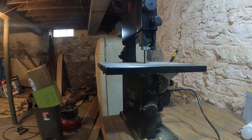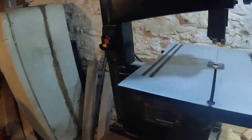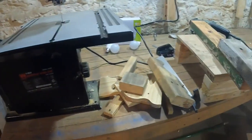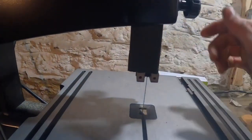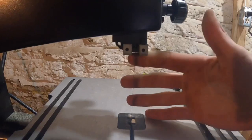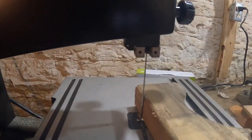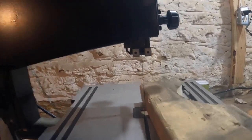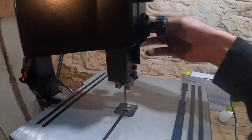So that's probably going to be the thickest that I'm going to be cutting. I don't really have anything thicker than a 2x4. This thing works perfect. So here's the height that I was at, and you can still see I have plenty of room for more thickness. So yeah,